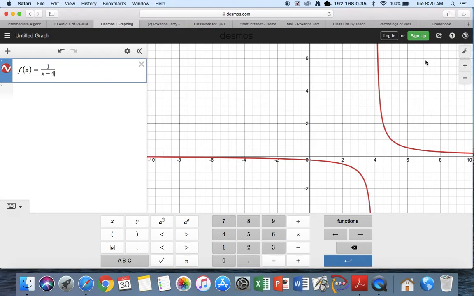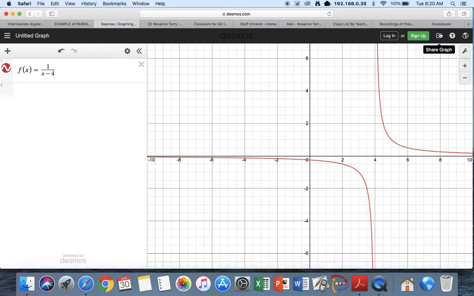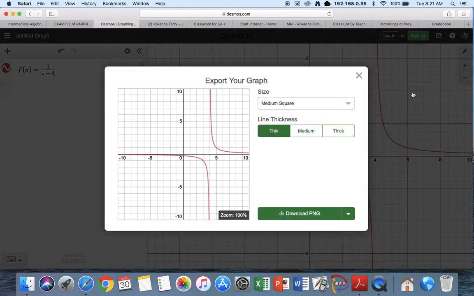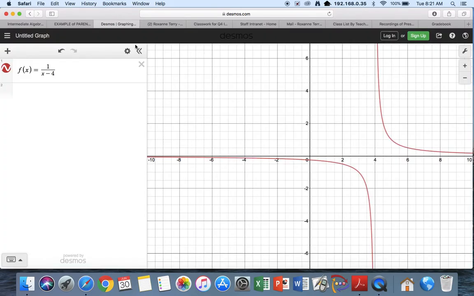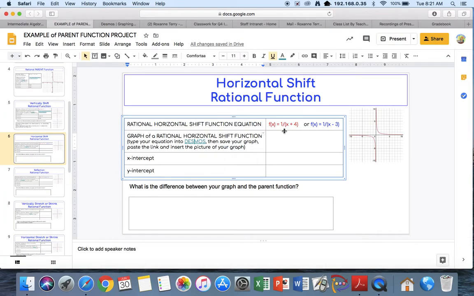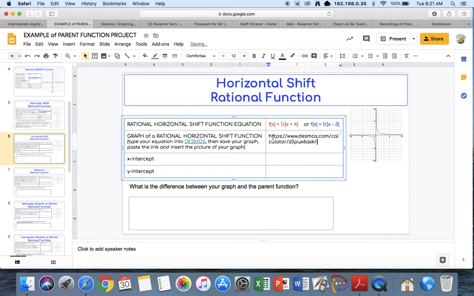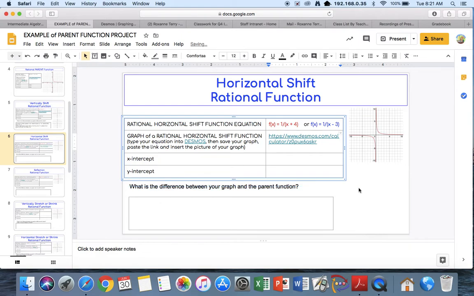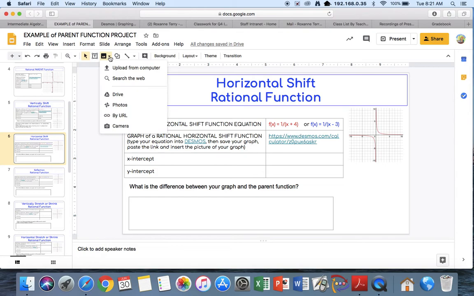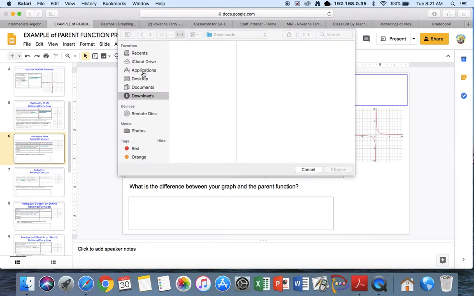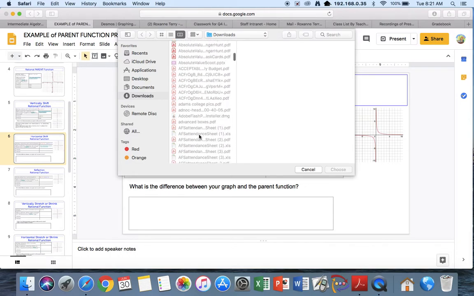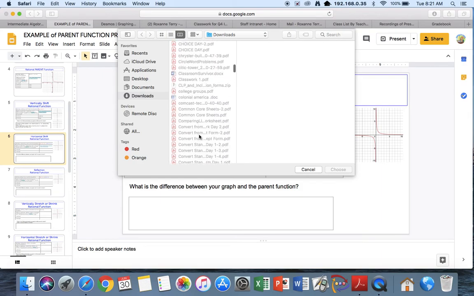So I want to copy the link, so I'm going to go to my share graph, copy my link, and I'm also going to export the image so I can paste that in there and download it. All right, so I'm going to close that out. Go back to this. I'm going to paste my link in there for this function. And then I'm going to go ahead and input that picture. So go to upload from computer, make sure it's in downloads, go down to the DESMOS graphs, and like before